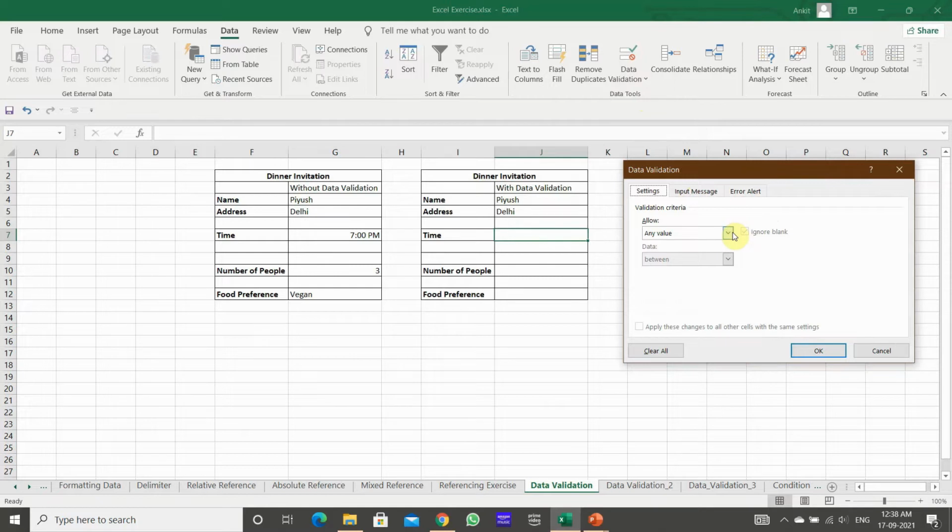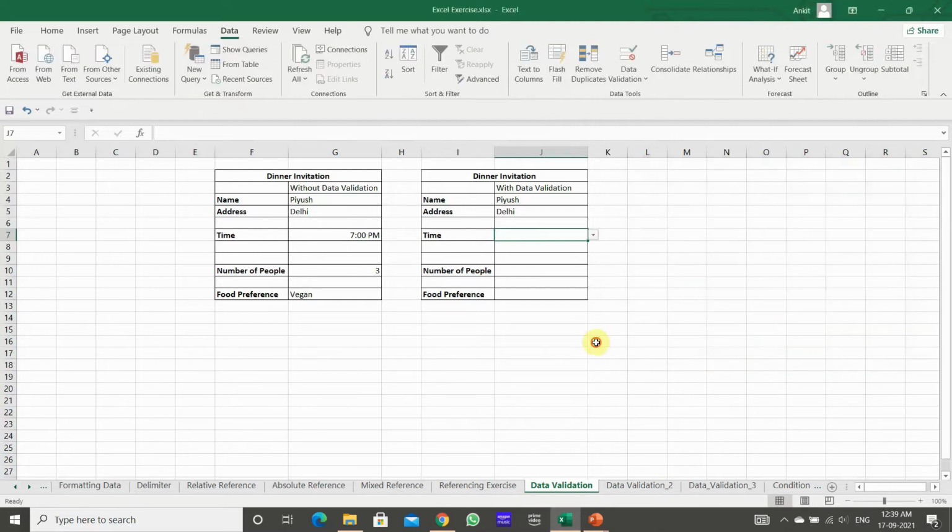First of all, let's use the data validation for the timing. Let's use the list and time. We will give 3 times, so the people can choose the time when they want to come to the party and enter that information. That is the 3 times: 6 p.m., 7 p.m., 8 p.m. We will click OK. See what is happening here. After I have entered the information, a drop down will appear on the time cell.